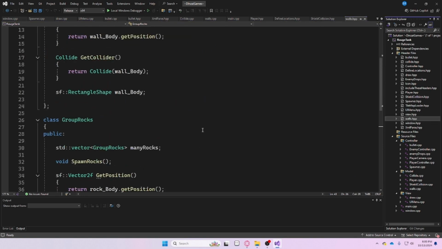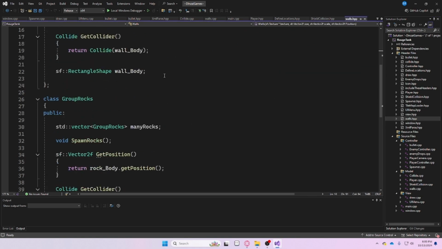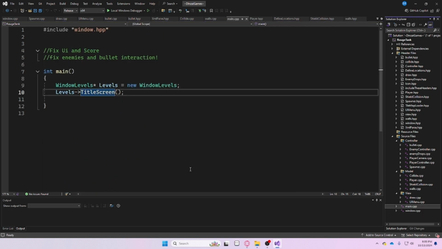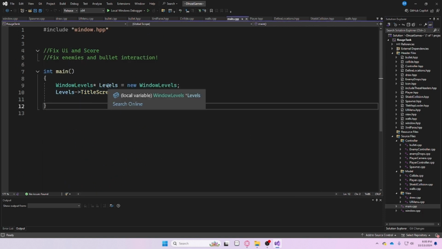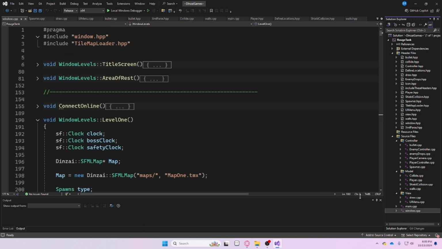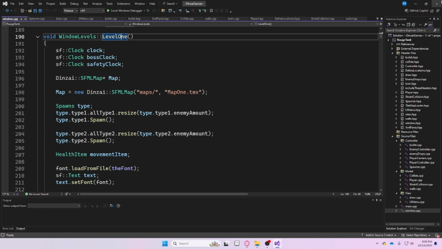And that's all it is. You call your class and use the functions inside of it. So like over here in main, I have a class called Windows Levels. We give it a name and we point to title screen, so on and so forth. However,